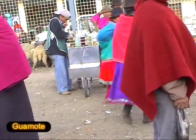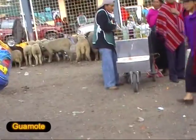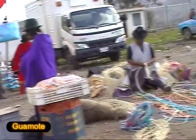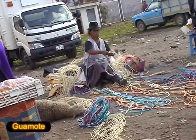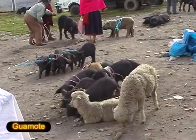Now's the time if you want to get one. Reluctant pigs. So every rope you see here is when you buy the animal, you get the rope and then take him home. They do the business, but they...